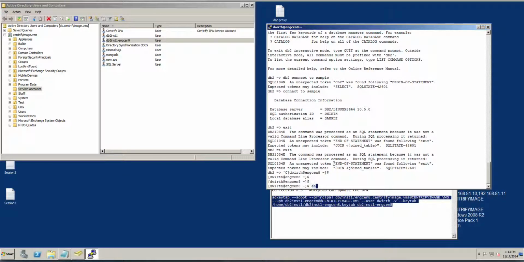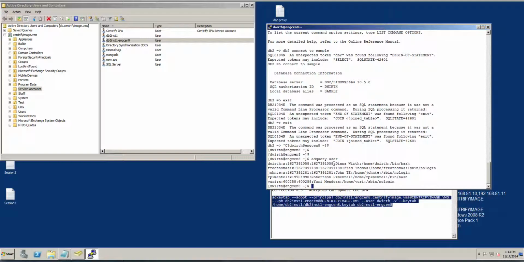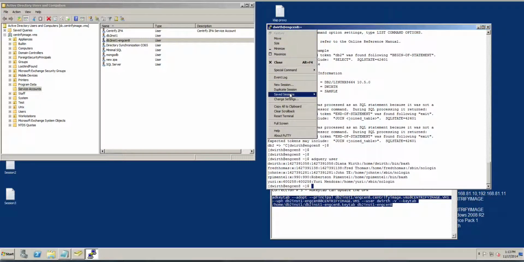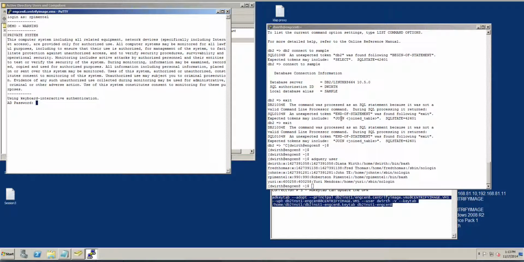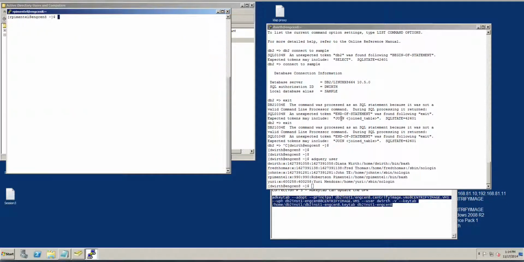I'm going to go ahead and do an adquery user, and maybe log in as myself here. So let's do an engineering 8 non-SSO. There you go. This is the first time I'm logging in, and if I do a db2 connect to sample, in this case, let's take a look at certain things. So if I take a look at